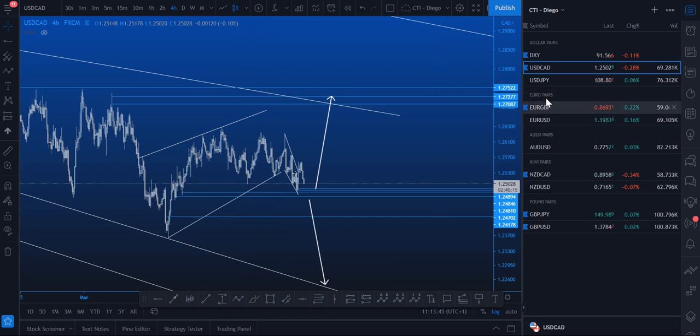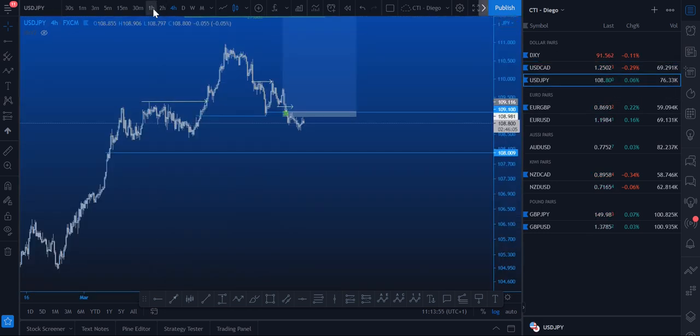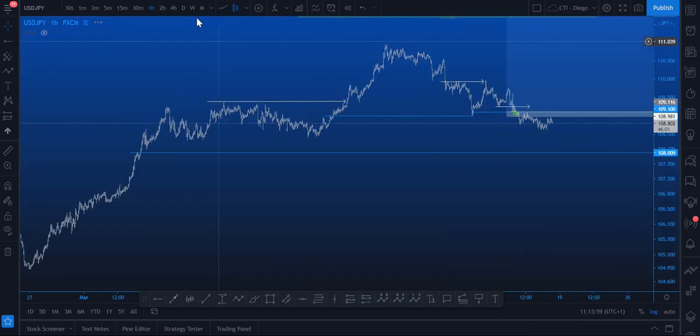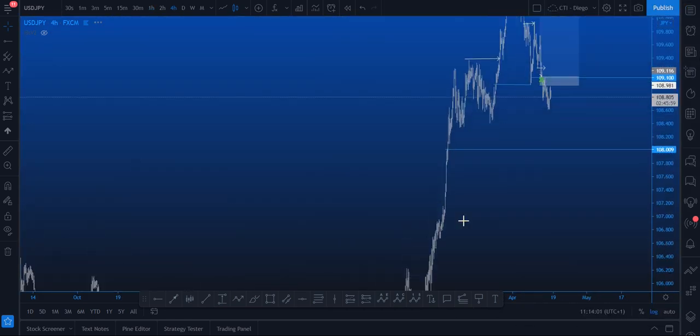Next on the list is dollar yen. This was a trade I took earlier in the week. I've only taken 2 trades this week, which was dollar yen and euro pound. So dollar yen was the first trade I took. So this is my setup. If I just go on the 4-hour time frame,